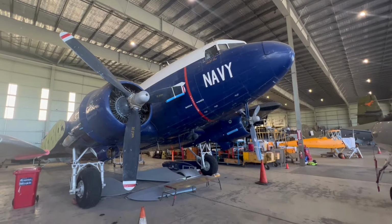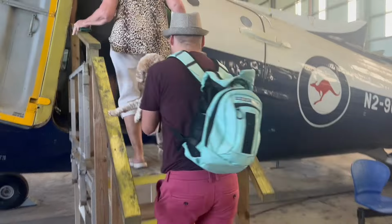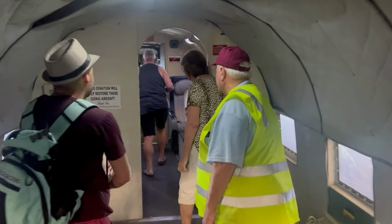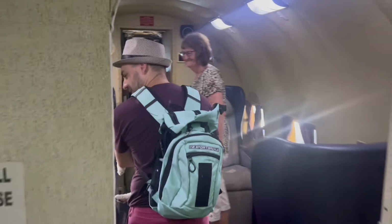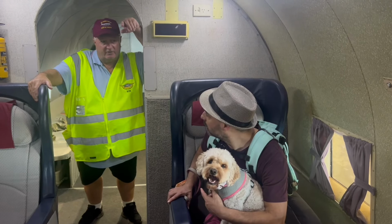Now, this plane here was the one that the Queen flew around Australia in on one of her visits. You can go inside and see her supposedly first class. So is this considered first class up here? The wood being here? Yeah. She flew it while she was out here, yeah. Well, this was especially done for the Queen, so...